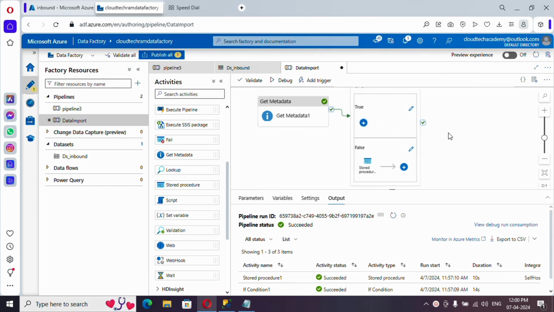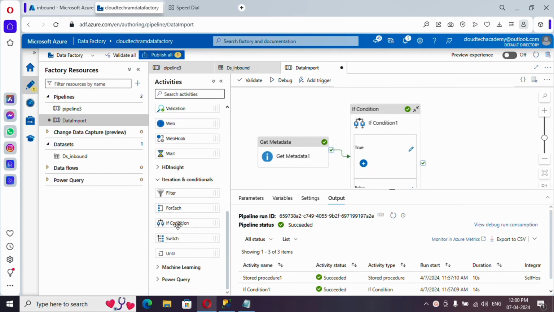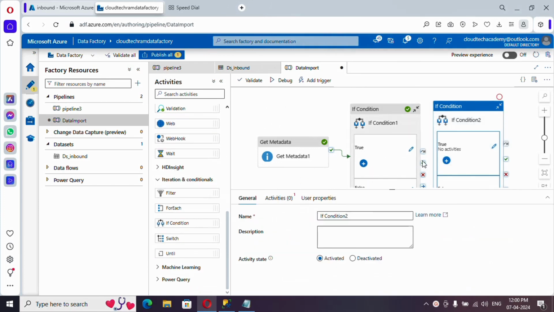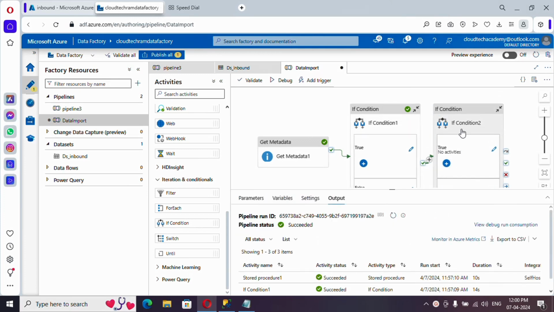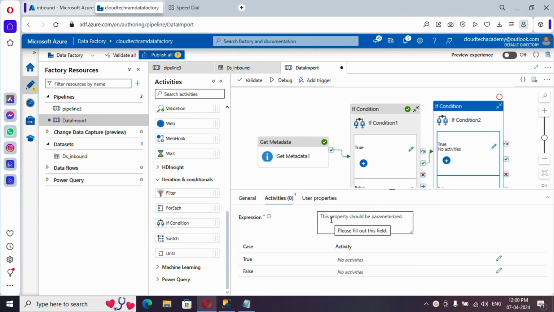So in order to do it, we need to add one more if condition. Just on success, drag and drop it over here, and we need to set the condition. So what is the condition? If it is Sunday. So in order to do it,